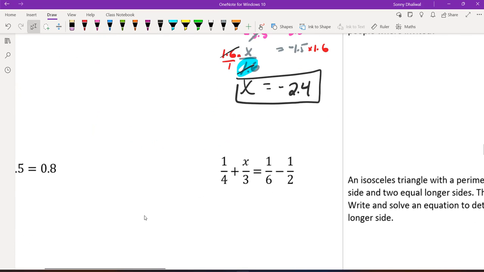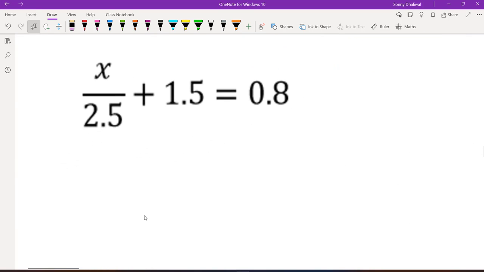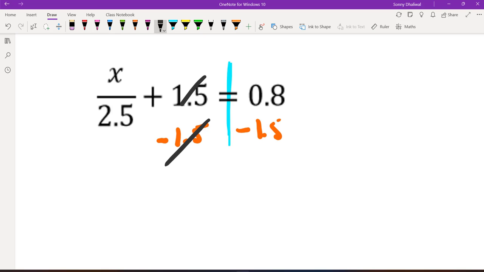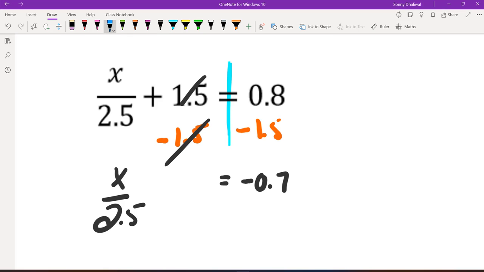All right, so I want you to do the same thing with this one. So I'll come around and help. All right, looking across the room, I'm glad that you guys are starting to remember the stuff from last day. So first step was to subtract the 1.5. Those were gone. This was negative 0.7. Then how did you get rid of that 2.5? Riley? How I did it is that I did